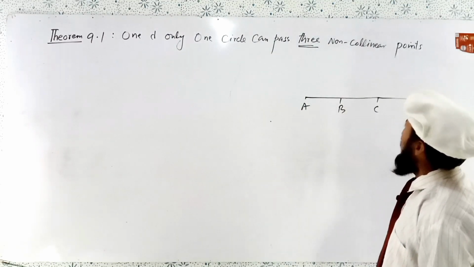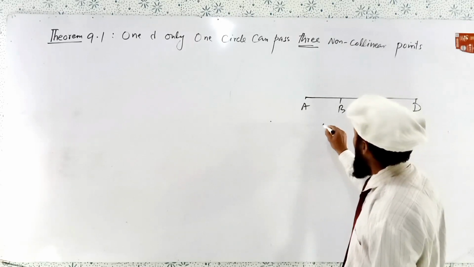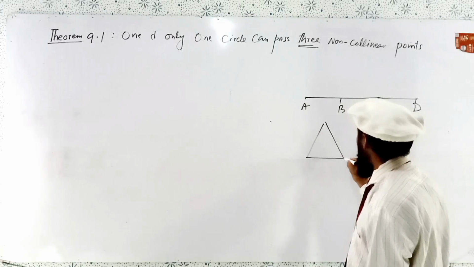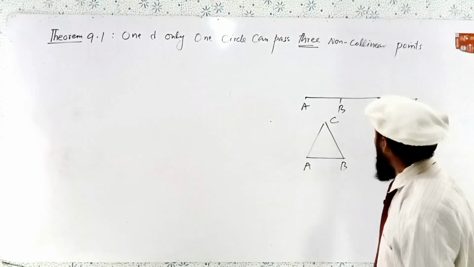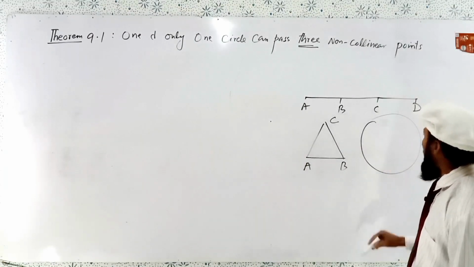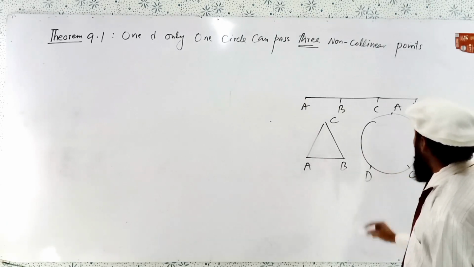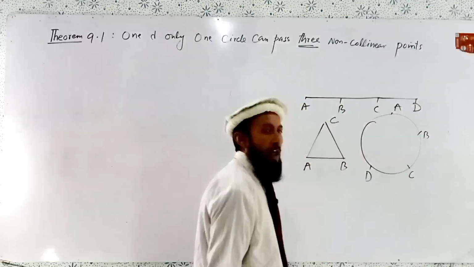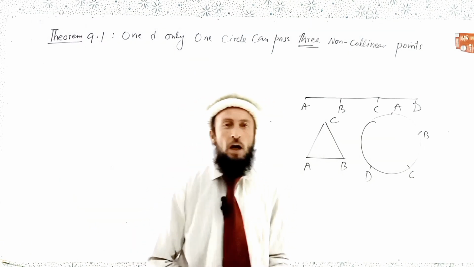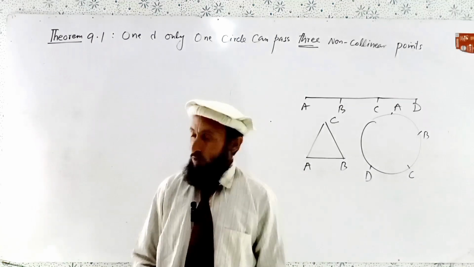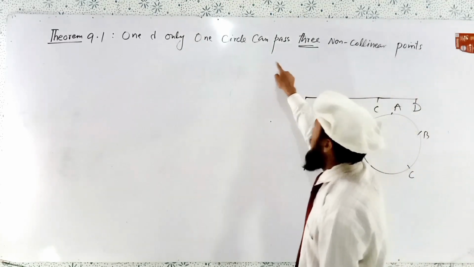Now if we change the collinear points into non-collinear points, for example, we write in the triangle form A, B, C, so these are non-collinear points. Similarly, if we write in the circle form, for example, here A, B, C and D are non-collinear points which cannot pass on the same straight line, so they will be called non-collinear points. And the theorem is asking that through three non-collinear points, just only one circle